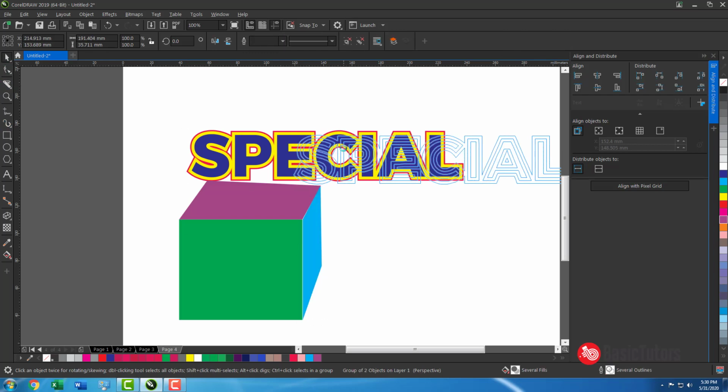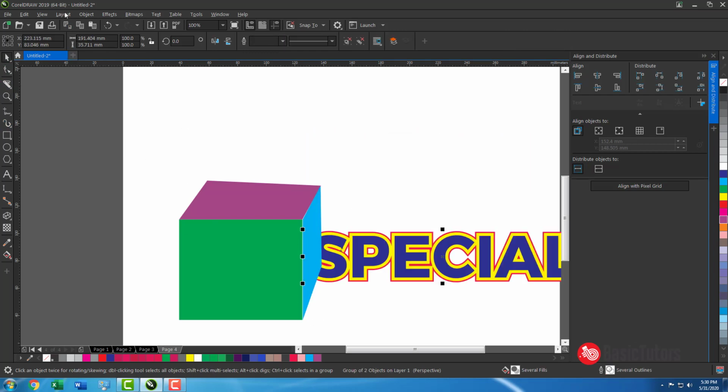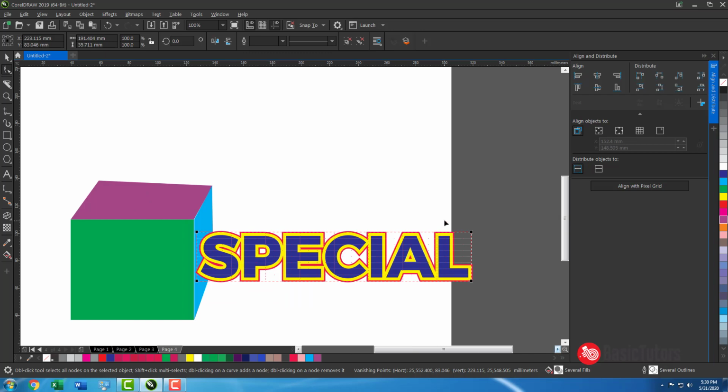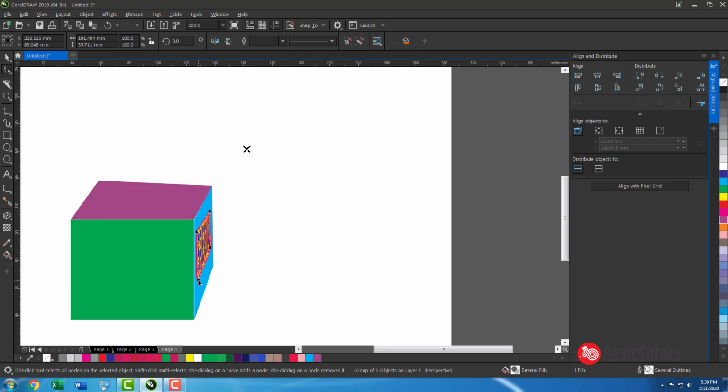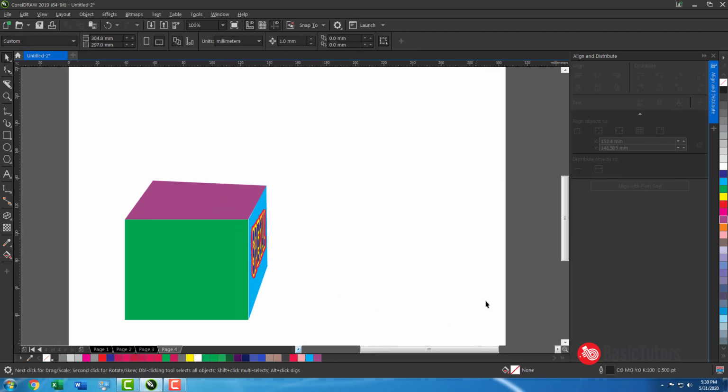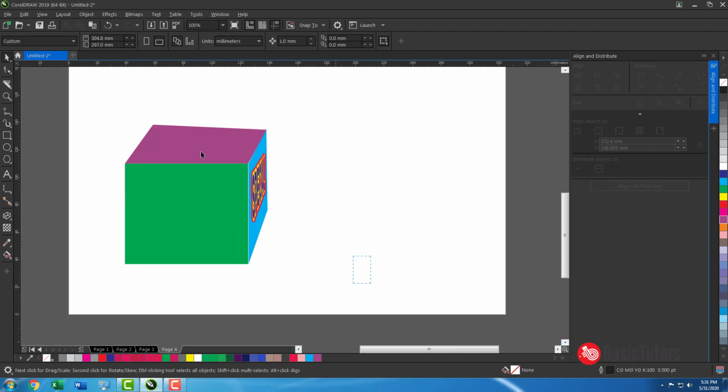In this way you can use it. This is how the perspective works.